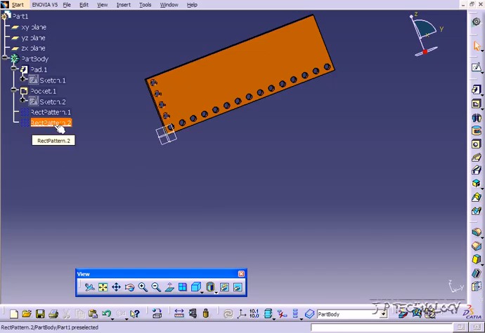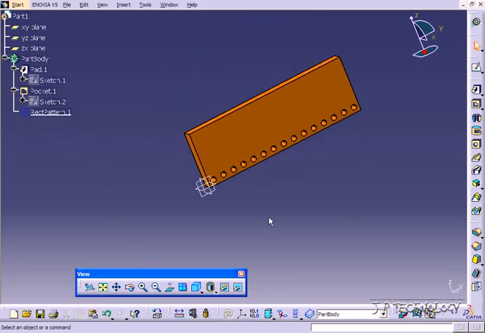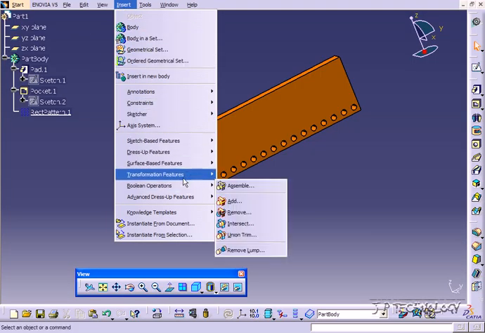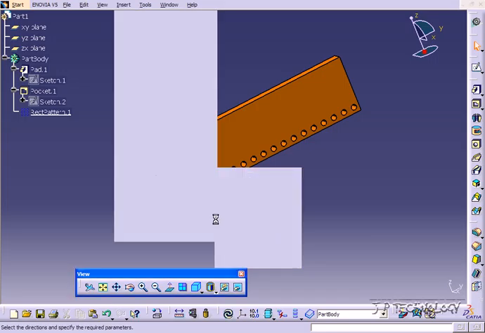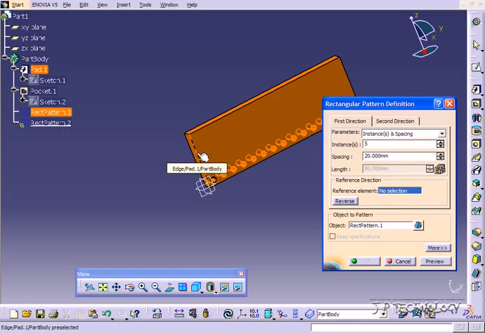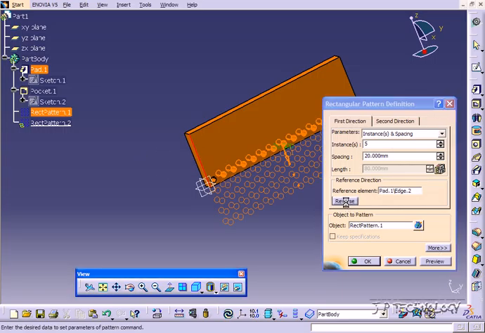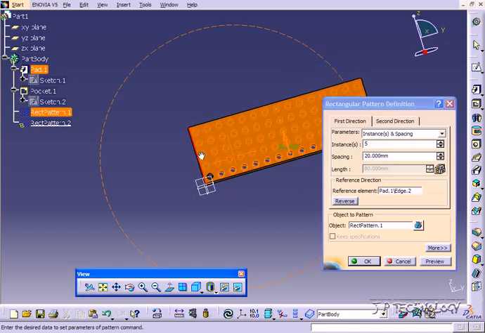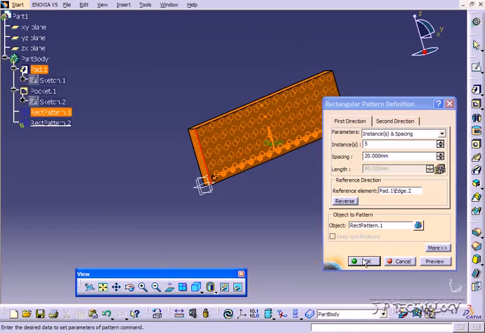Now if we delete this rectangular pattern, we can actually pattern an existing rectangular pattern also. So we're going to pattern all of these going up to fill up the whole plate. So let's click Insert, click Transformation Feature, Rectangular Pattern, and our object to pattern is going to be the first rectangular pattern, and the reference direction is going to be the vertical line. Let's reverse the direction, and it looks good. Everything's in the right direction, everything's cutting in. Let's click OK,